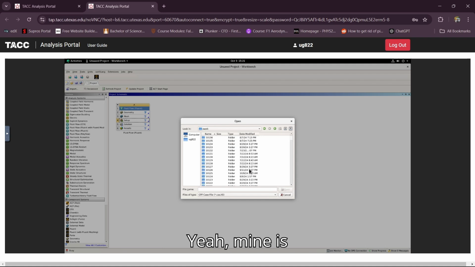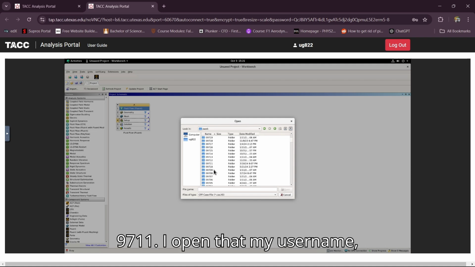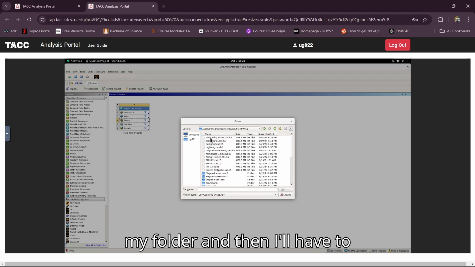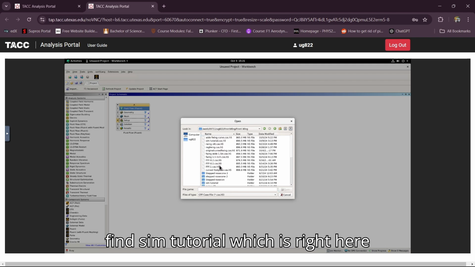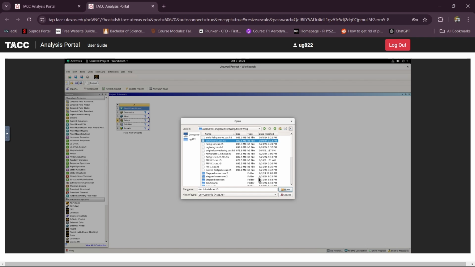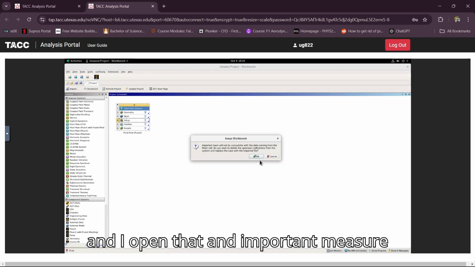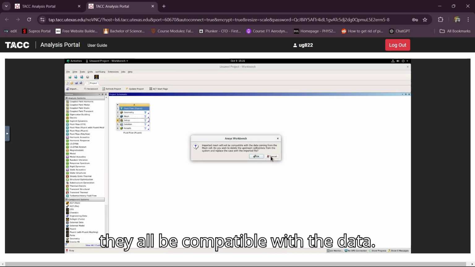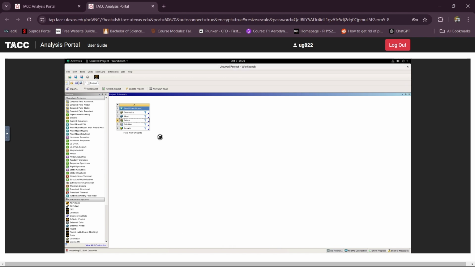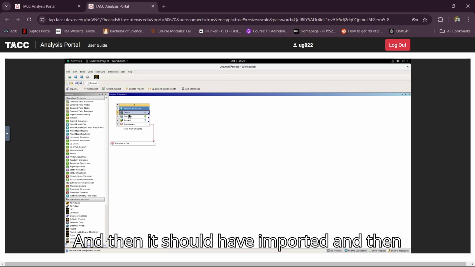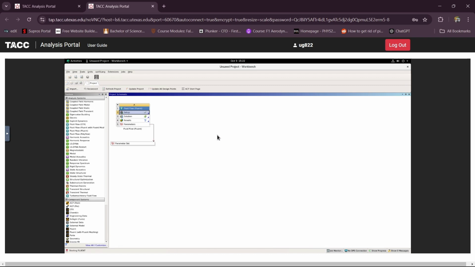Mine's 9711. I open that, my username, my folder, and then I'll have to find sim tutorial, which is right here. I open that, and it says import image will not be compatible with the data. Yes, just click OK. And then it should have imported, and then over here you click edit,